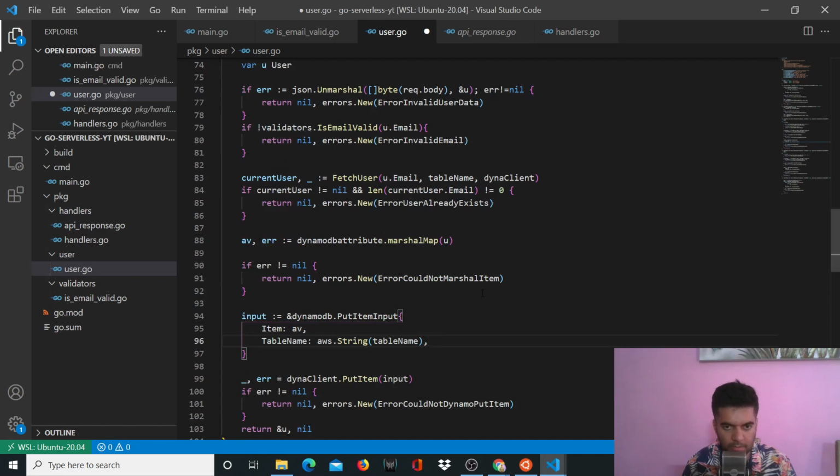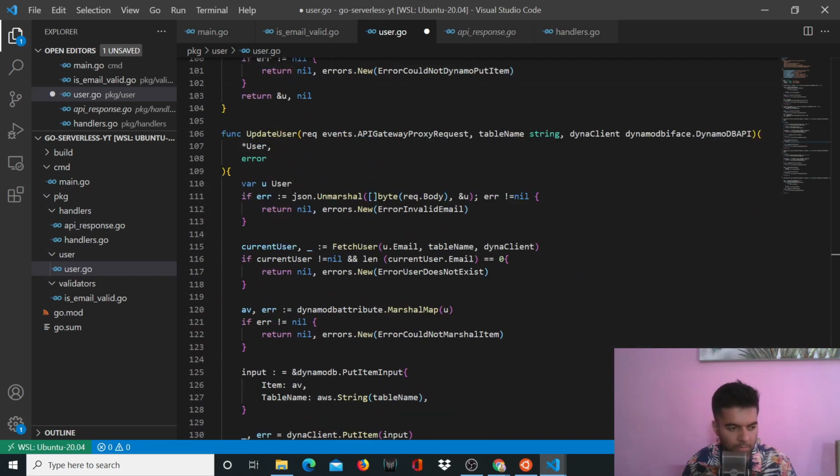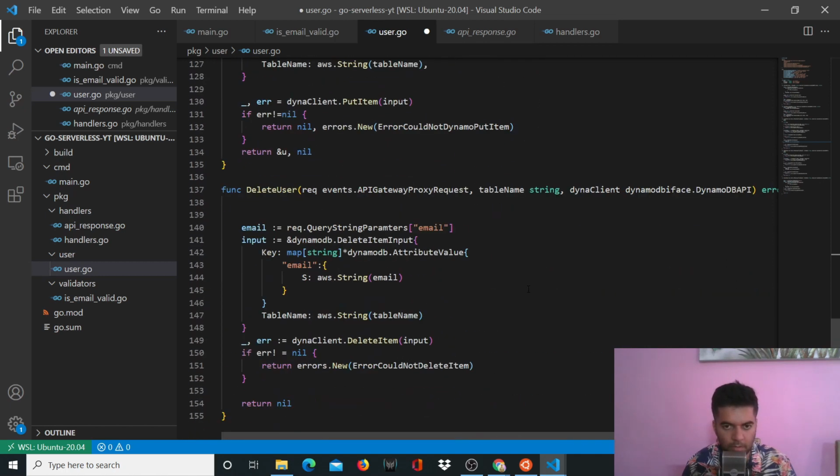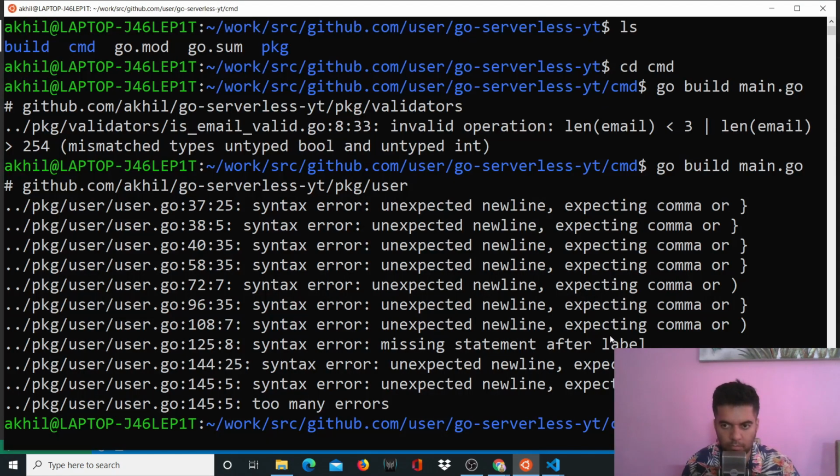All right, and in the update user function, again, let's go to the input area. Here I've put the commas, so I don't see any issues here. And for delete, definitely you need to put a comma here as well as here, as well as here. So now if we run it,